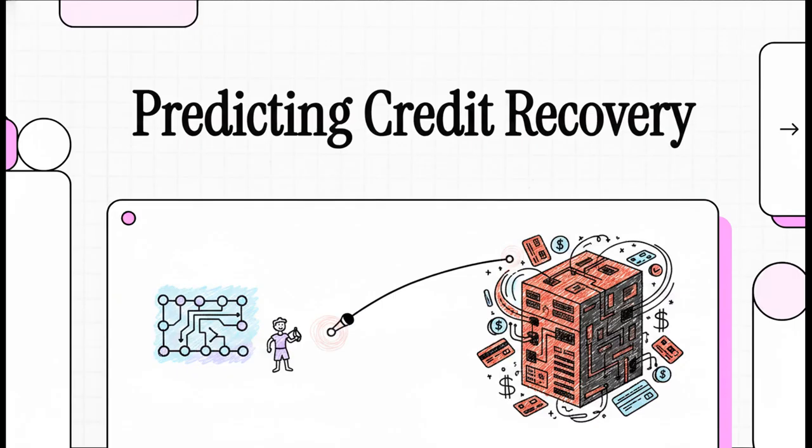Welcome to our explainer for today. We're going to dive into some fascinating new research that proposes a true David versus Goliath story. We're looking at how a tiny quantum circuit, using literally just 8 qubits, is taking on massive, data-hungry classical AI models to predict these credit recovery rates. And spoiler alert, it's actually winning.